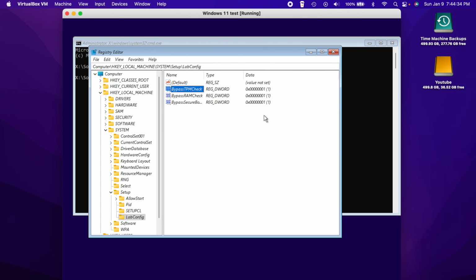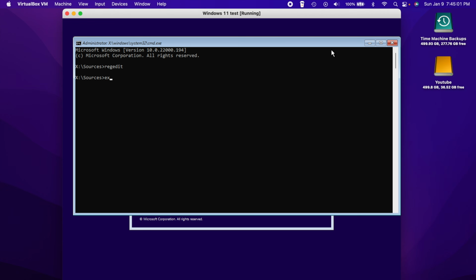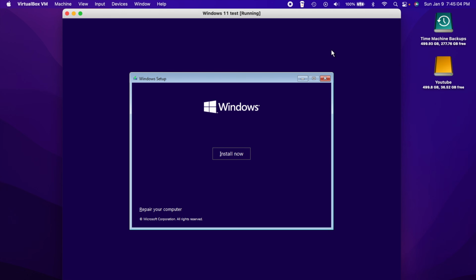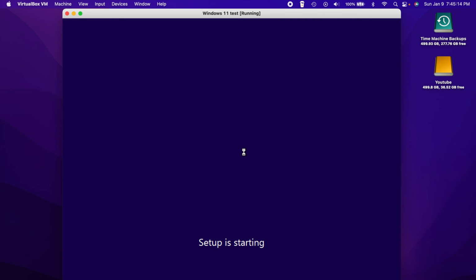Okay, so now this is going to allow us to bypass those 3 checks that usually prevent people from installing Windows 11 on a non-supported PC, or in our case, a virtual machine. So once you get those in there, we can simply close the registry editor just like that and type in a quick exit command into the terminal, or the command prompt, and close that down. Now we can click on the Install Now button and we should be able to install Windows 11